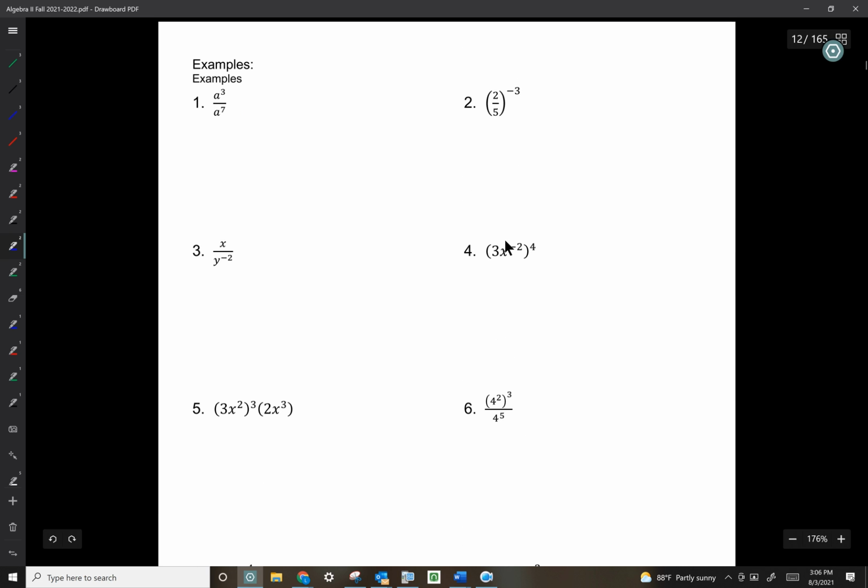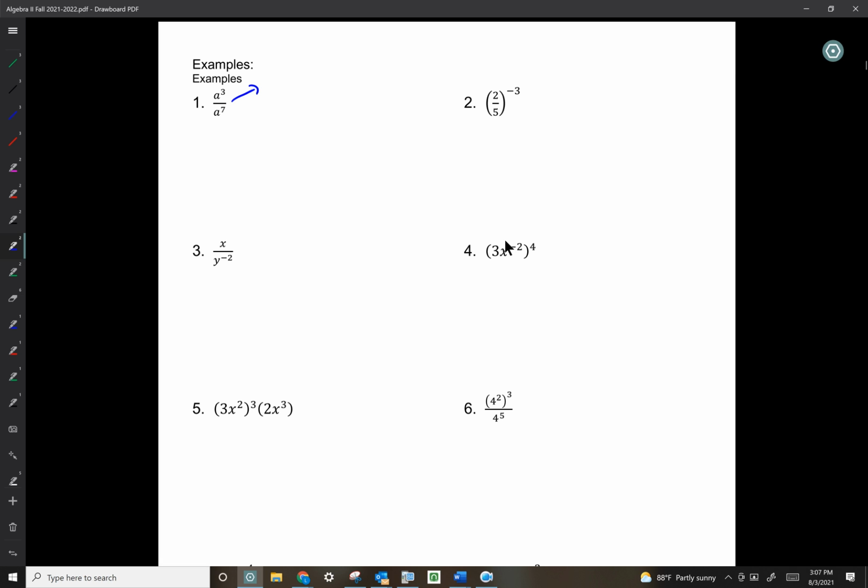Well, this is a fraction, so I'm going to subtract my exponents. And yes, you could say 3 minus 7. So one way to look at it is to say, oh, look, this is going to be a to the negative 4, because you would do 3 minus 7. And we don't leave negative exponents, so it's really going to be 1 over a to the 4th. That's true. But what I'd rather you do is think of this as the idea that